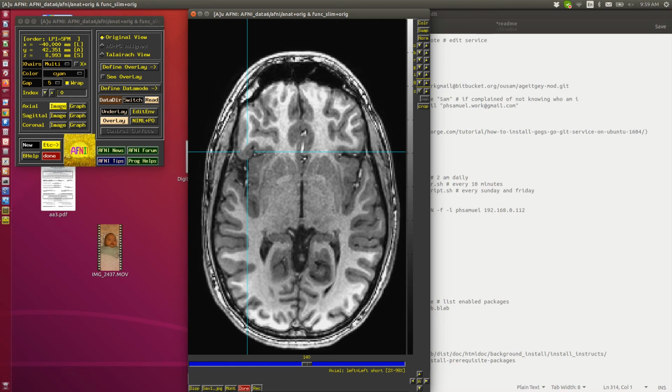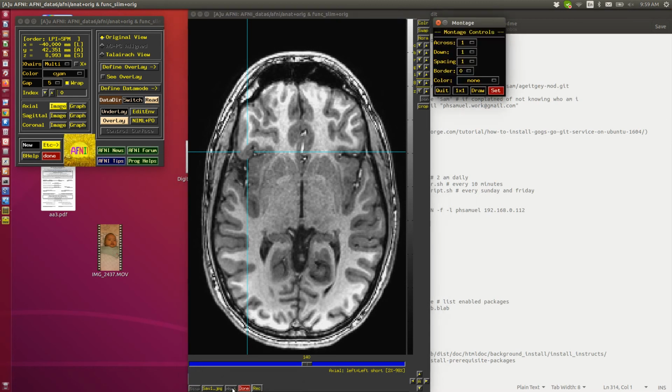The image viewer has a whole bunch of other features which I'm not going to go through, but at the bottom there are two that I want to cover. One is this button here, Mont. Mont means montage. Click on Mont, please. If you click on Mont,